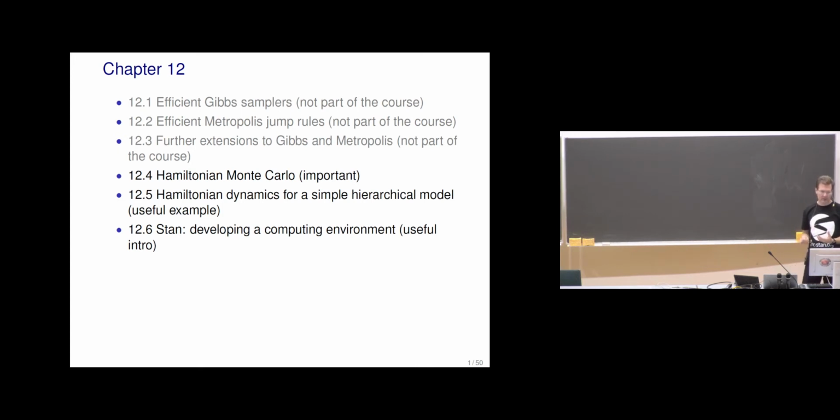Now in chapter 12, in the beginning sections, there's a bit more about how to make Gibbs sampler and Metropolis faster, but you can skip these. And then the important part is the Hamiltonian Monte Carlo. And in addition, after the book was published, there have been more advances in improving this Hamiltonian Monte Carlo, and then there's some additional material. It's not necessary that you go through that extra material on dynamic HMC.